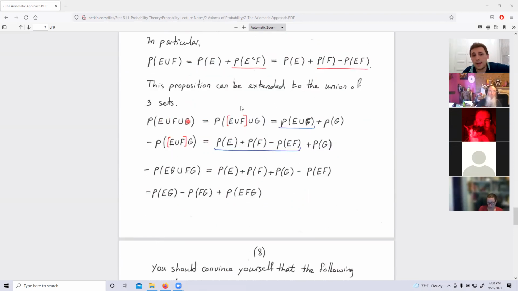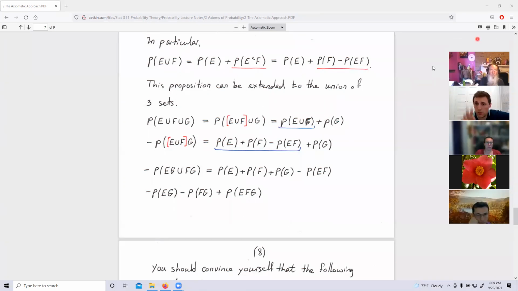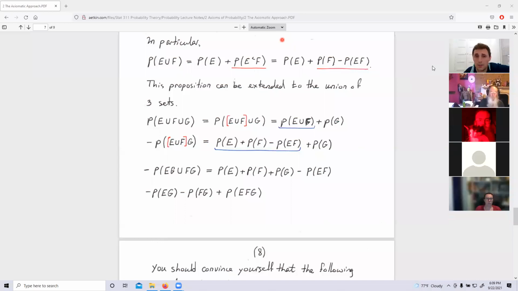So if I have three events, I don't have to start from scratch. I can group two of the events into one event, and then I have a union of two things, right? And that's by the formula just obtained. It's the probability of the event in red brackets plus the third event minus the probability of the event in red brackets intersected with G. Yes? And then you see I underlined it in blue. This is now the same formula that I can apply from the one we derived. We have two events here. So I expand it and I get this part.